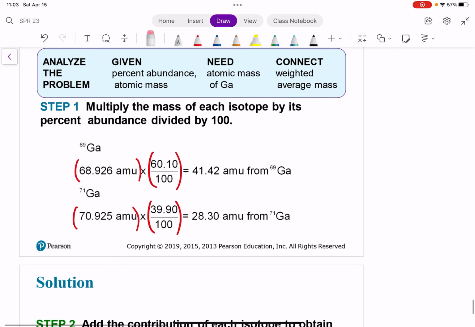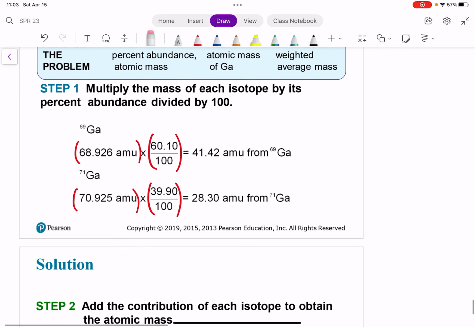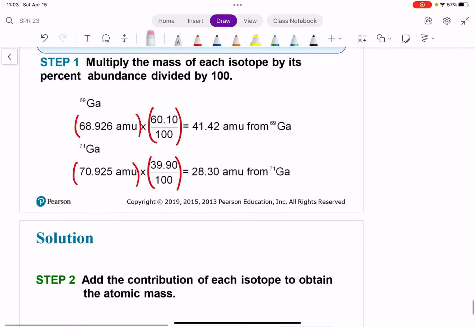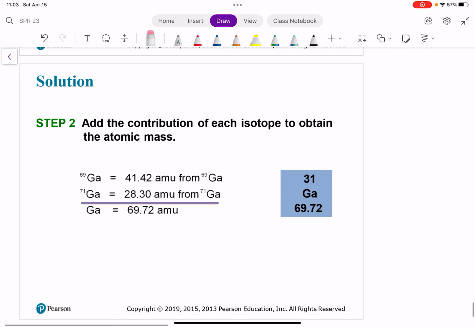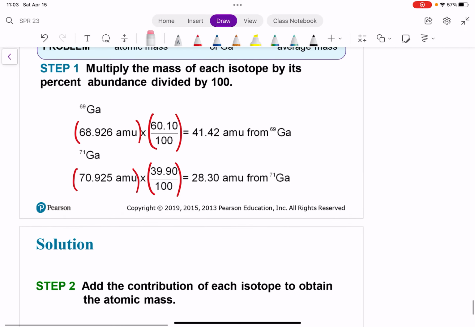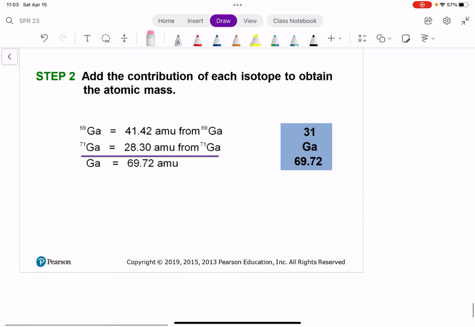No, right now that's just the masses of each of those isotopes, or the atomic masses of each of those isotopes. We want to do the weighted average. So how are we going to do that? We're going to add the contribution of each isotope, and that's going to give us the atomic mass. So 41.42 plus 28.30, those two numbers here, gives us 69.72. All right, so